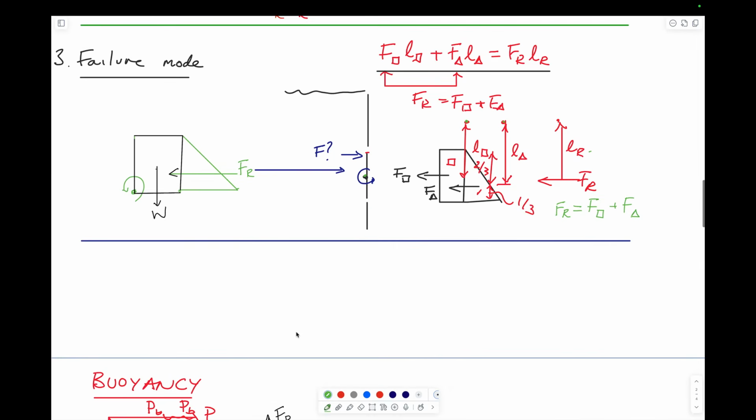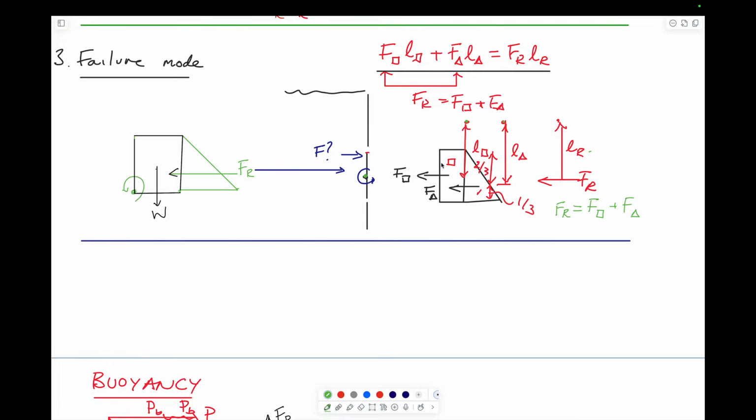And then finally, we have to typically solve a problem by resolving moments about some, for want of a better term, failure mode. We talked about a gate in class, a circular gate, and took moments about the pivot point or the hinge of that gate. And we have to do that for solving these problems. That's the third part. So to do that, we need to know where the resultant acts, and we need to know how big that resultant is, and then we can typically resolve to be able to solve for the other components. We can always take moments